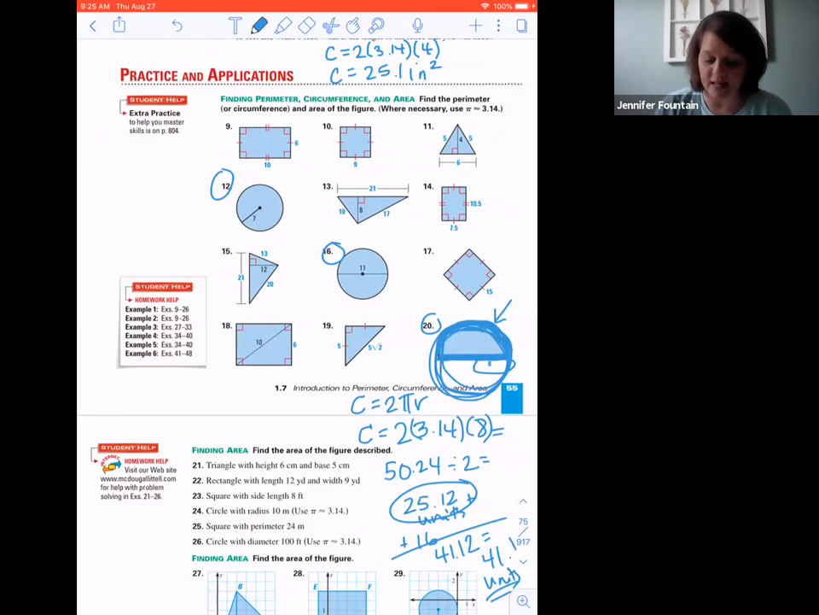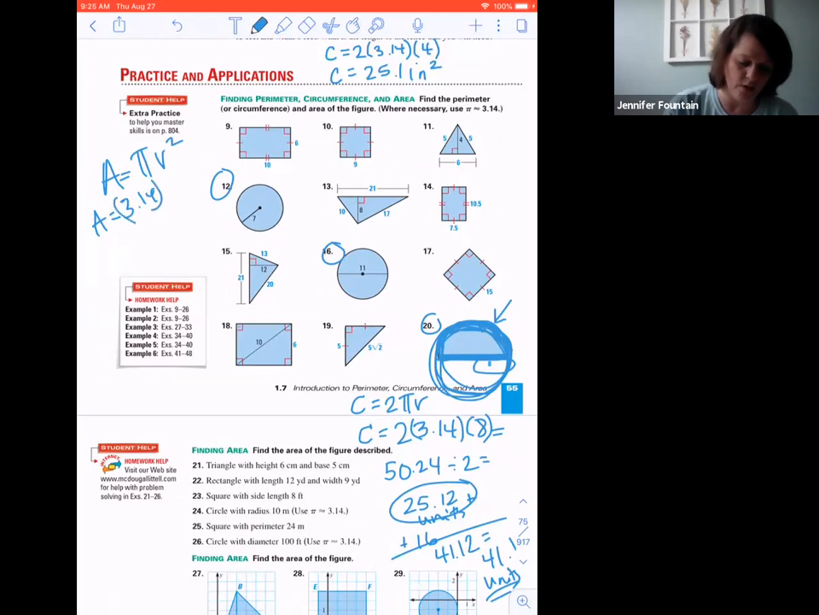Now let's think about finding the area of that figure. Okay, so area is going to equal pi r squared. So we know that area is going to be 3.14 times the radius, which is 4 squared. So we're going to have area equals 3.14 times 16. 3.14 times 16 is going to be